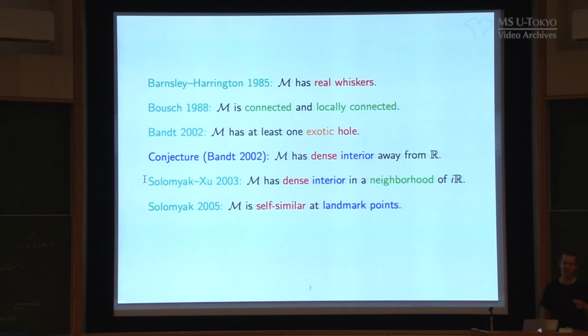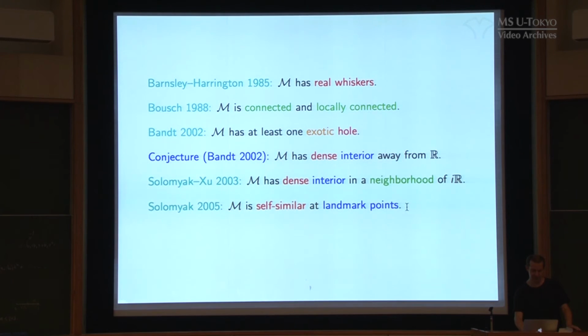Also, another observation that Bandt made was that this Mandelbrot set exhibited a lot of interesting apparent self-similarity at certain points. Those of you familiar with the theory of Julia sets and Mandelbrot sets will know that the Mandelbrot set often resembles, at many points on it, the Julia set that it parameterizes. And Julia sets are at least conformally self-similar. So one expects Mandelbrot sets to have a kind of self-similarity that they inherit from the dynamical systems that they parameterize. That was something Bandt observed experimentally, and some way towards proving that,